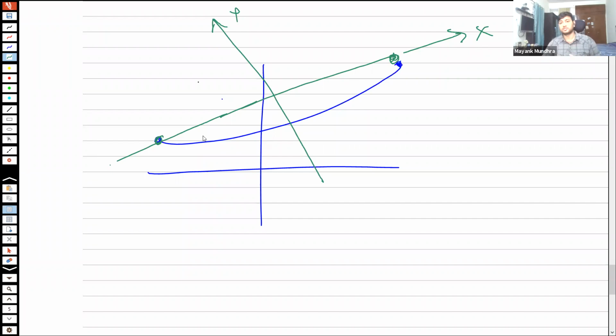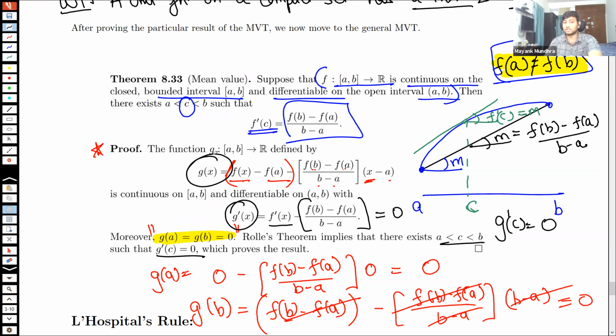I've done it in my +2 and I've not used it since. So I don't think it's important to do all the coordinate geometry. I'm just telling you that this is what's happening right now, because maybe they ask it in an interview. Maybe they ask you to prove this in the interview also, and then they ask you what is effectively happening. So what's essentially happening is that you are rotating your axes so that the function starts obeying this particular property.